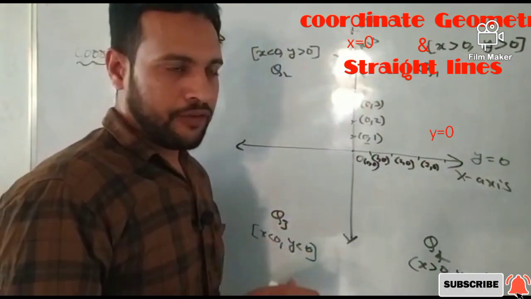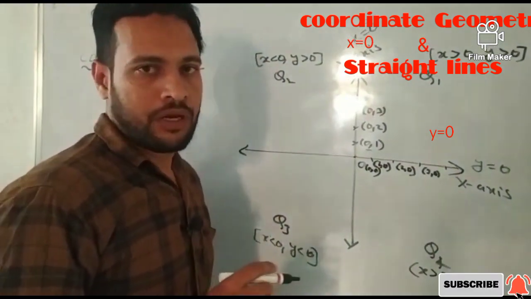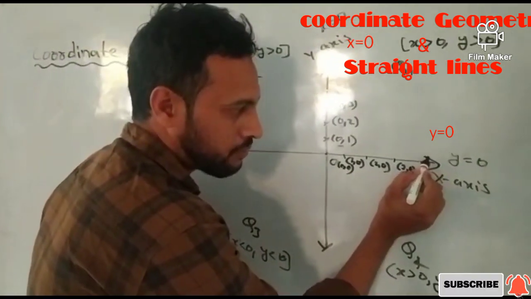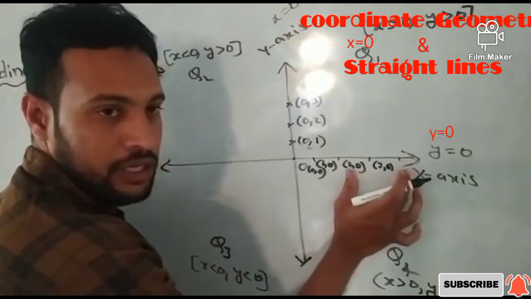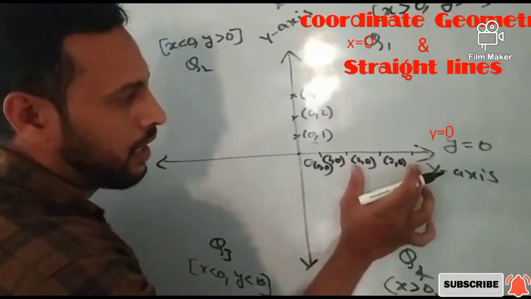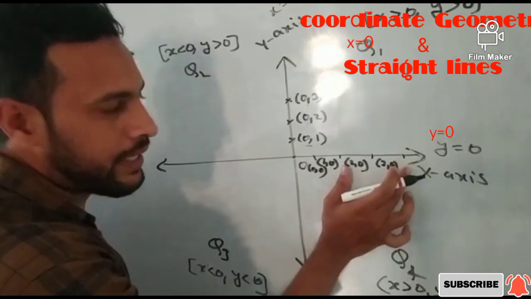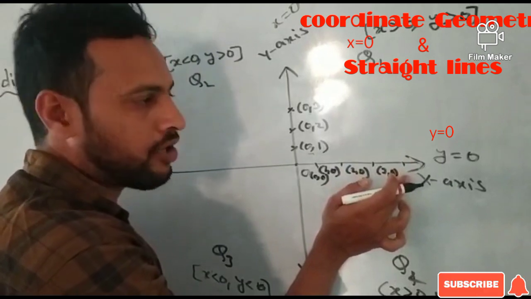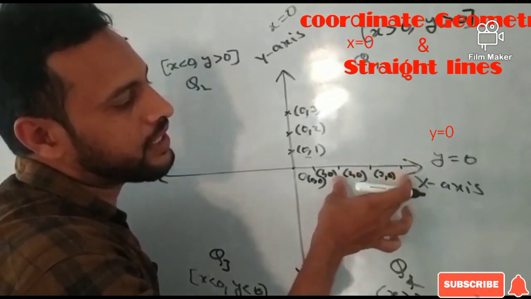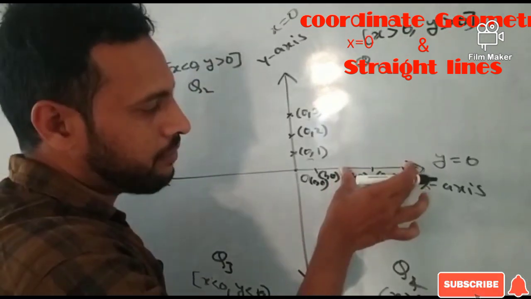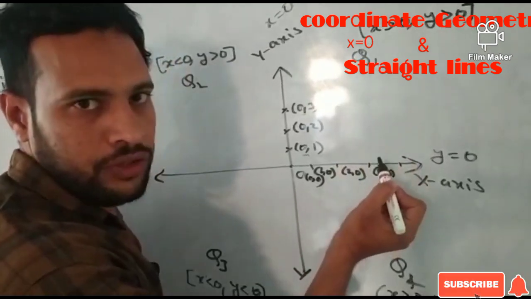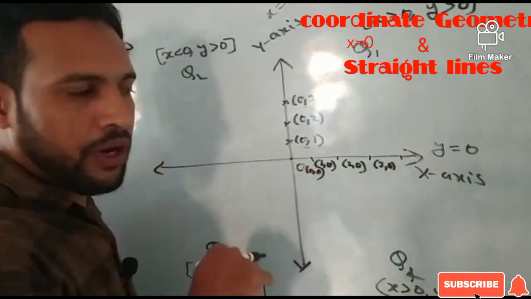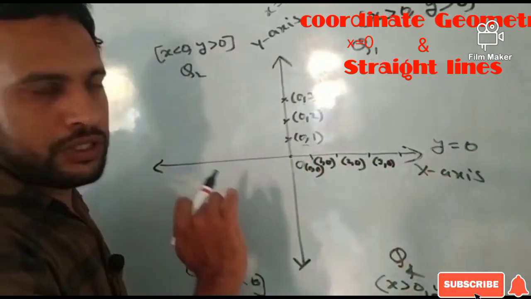Now you have to see these two lines. In the previous video I explained about slopes. Every line has some slope also. So what is the slope of the x-axis? If you want to measure the slope of any line, it should intersect the positive x-axis in an anti-clockwise direction, but the x-axis never intersects the x-axis, so the angle is 0. If you know that angle, you apply tan. So tan 0 is 0. Therefore the slope of the x-axis is m equals 0.